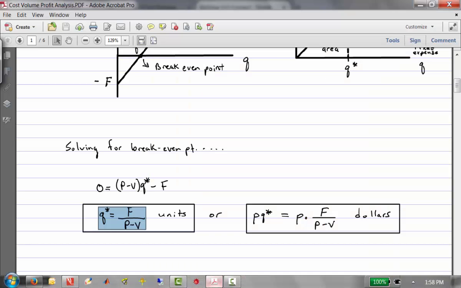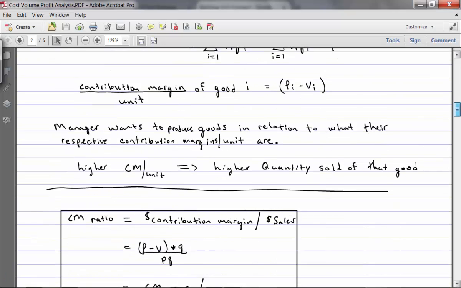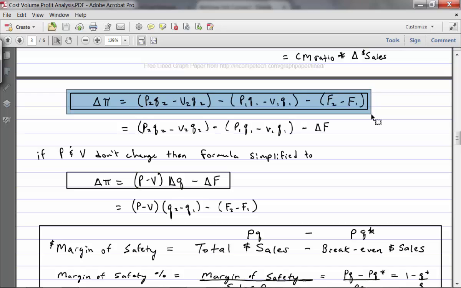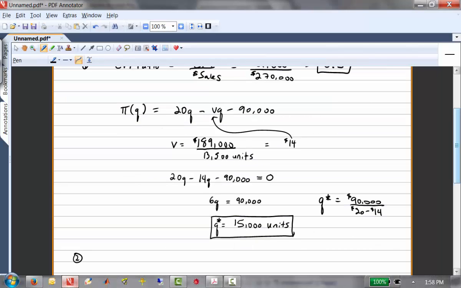Here we use the change in profit equation from lecture notes. This equation tells us what will happen to profit, how much profit will change by, whether it will increase or decrease. This will tell us the dollar amount of the increase or decrease as a result of changing one or more of P, Q, V, and F. In this case, we're going to be changing F